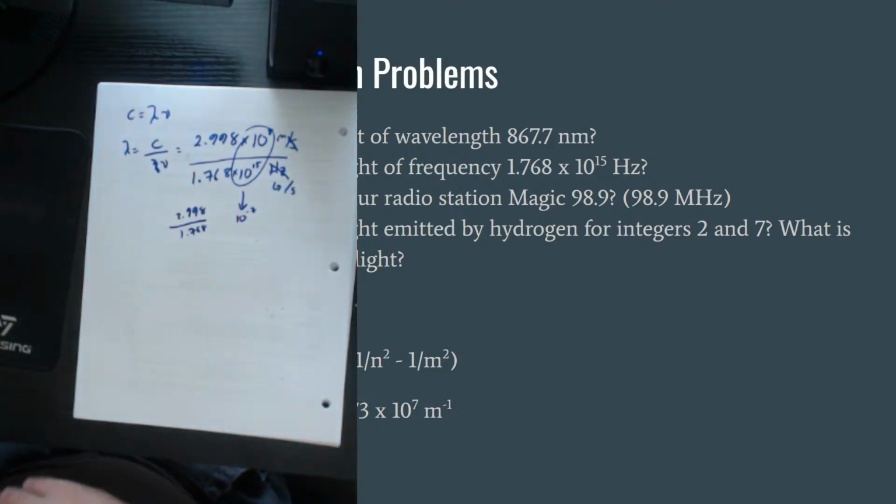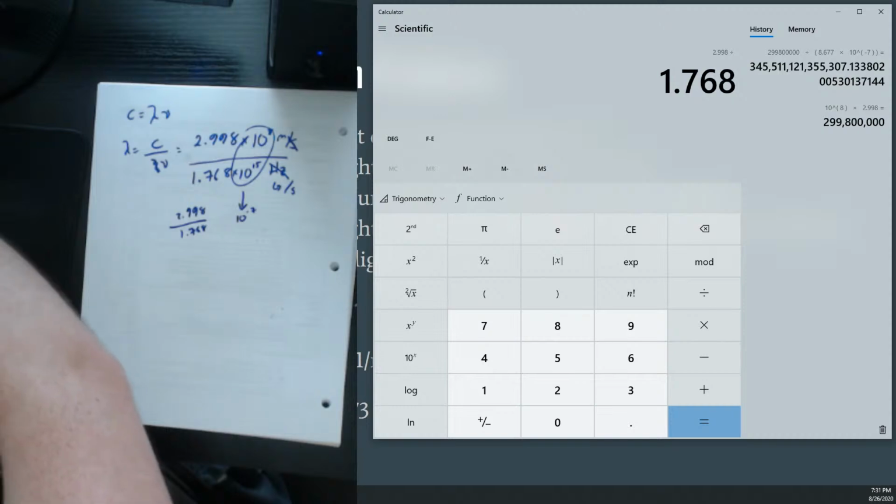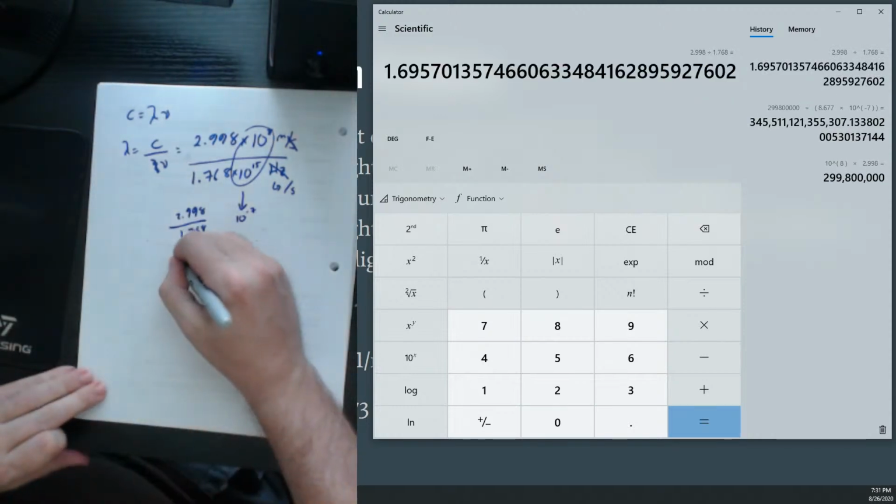That's what I'm going to put in the calculator. 2.998 divided by 1.768 gets us